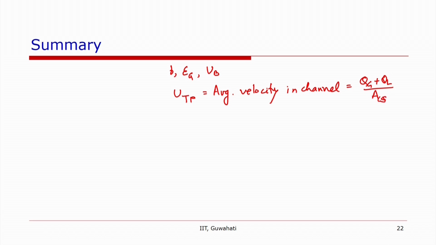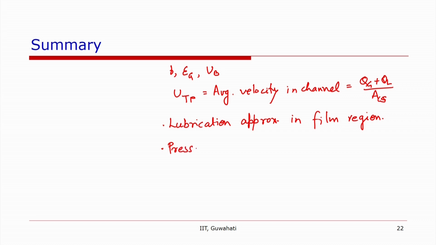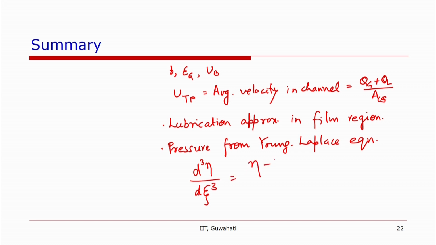Then we have looked at Bretherton's problem. So in the Bretherton problem, what we did is apply the lubrication approximation in the film region and substitute pressure from the Young-Laplace equation, and then obtain a relationship between d cube eta over d psi cube is equal to eta minus 1 over eta cube, where eta is